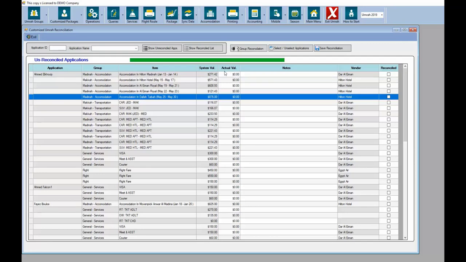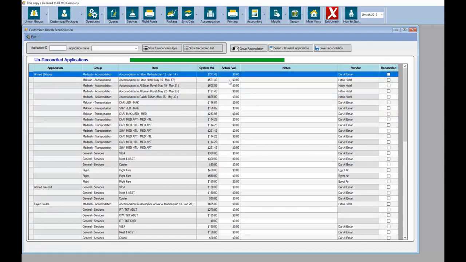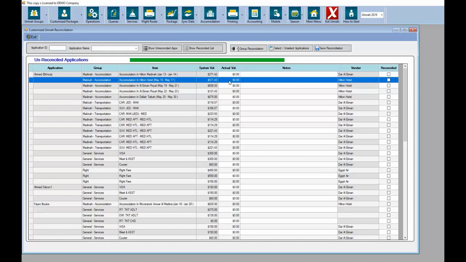Now, under the actual value, it's always 0, and you're allowed to enter any value that you receive from your accountant. If you leave it as 0, it means when you mark that application as reconciled, the 0 will mean that this figure is already done and already received, and it completely complies with your estimation or your system value. If you have any discrepancy, you can write it, like for example, here there is